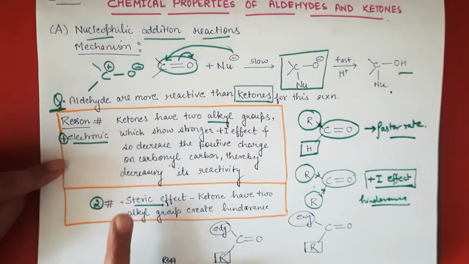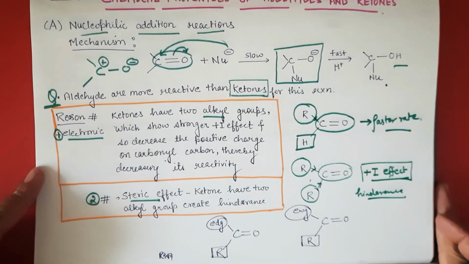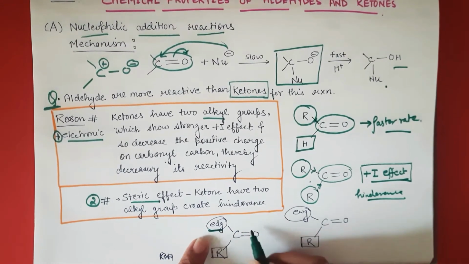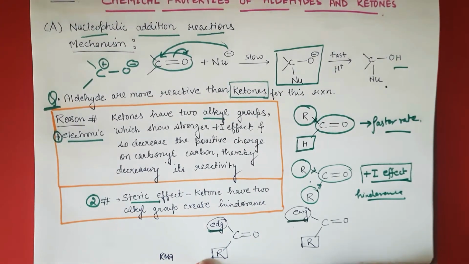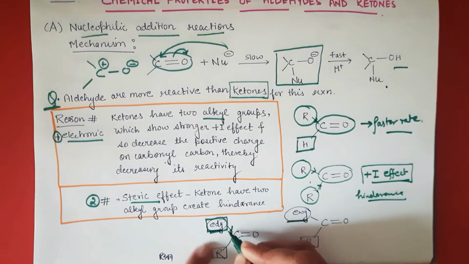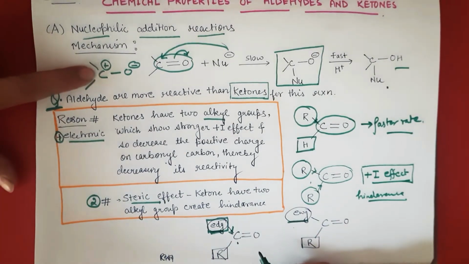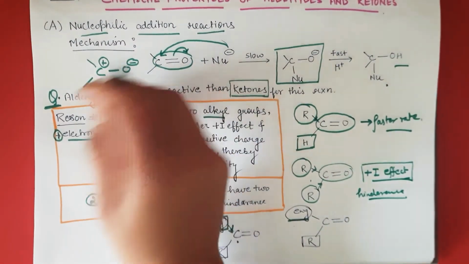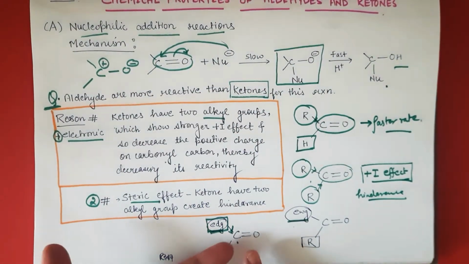One is electronic effect and another is steric effect, and the reason is clear from here. One more thing, if an electron withdrawing group or an electron donating group is attached, what will happen to this reaction? If an electron donating group is present here, it means some group which is donating electron to this carbon. As you know, the carbon has positive character because oxygen is more electronegative than carbon. The electron cloud shifts towards the oxygen, and the carbon has positive character.